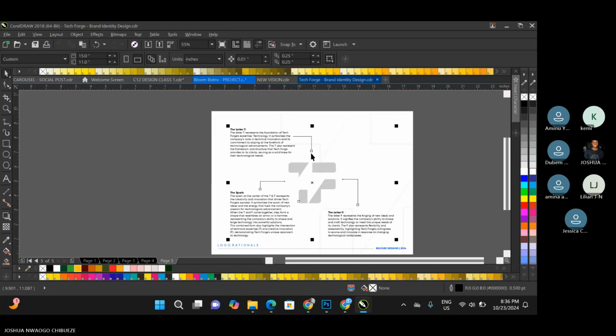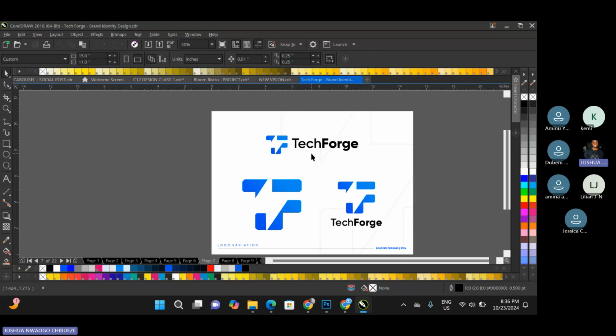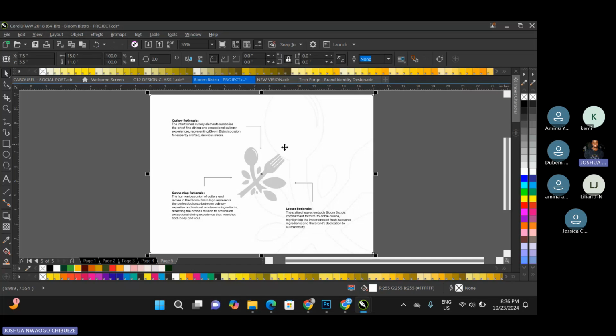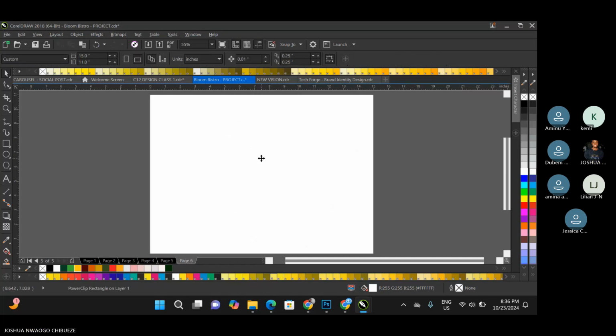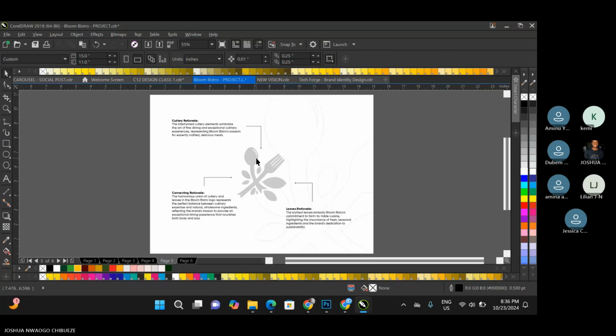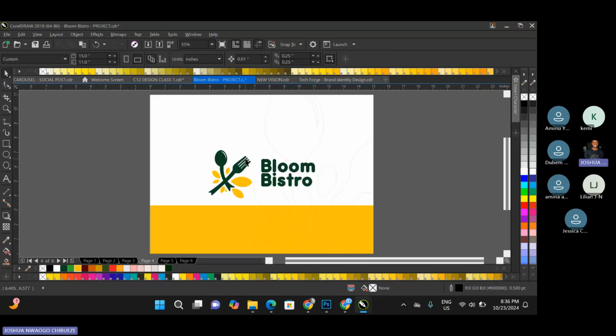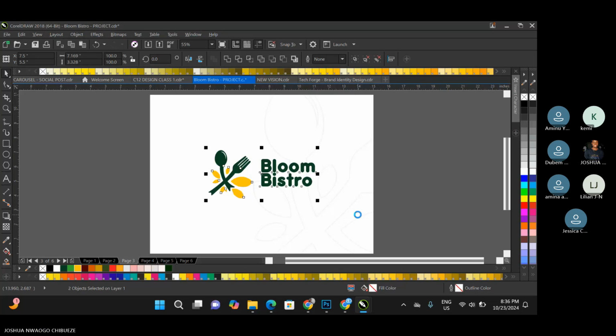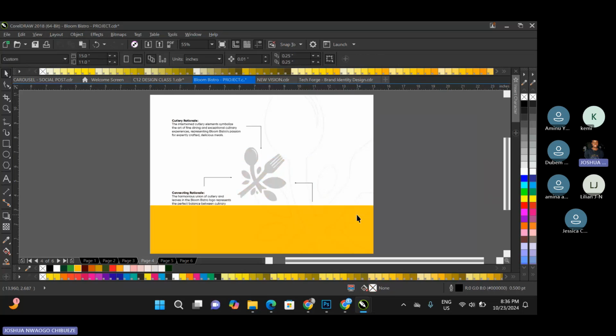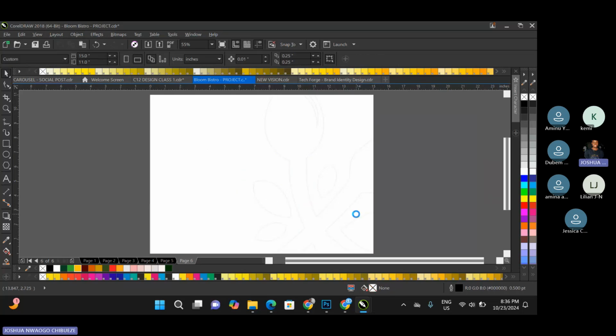All right, so now we will create a variation of the logo, right? Different variations, and show how this logo can work in various ways. So we're just going to basically do just three. So the main one that is here,